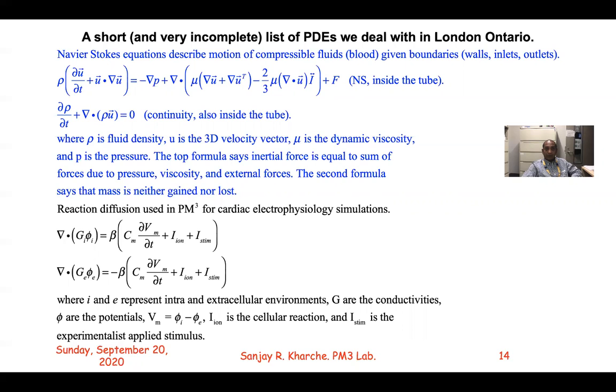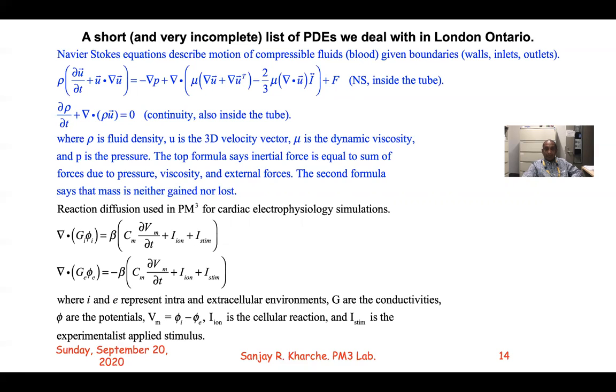Firstly, it depends on the gradient of the pressure, which represents the force generated by the pressure. The second term in between the two plus signs represents the contribution of force by the inherent liquid viscosity. And finally, capital F represents external forces applied, an example being the force applied by the ventricle to push blood into